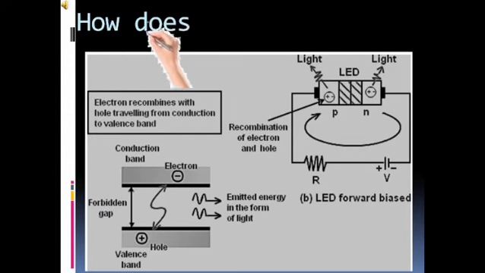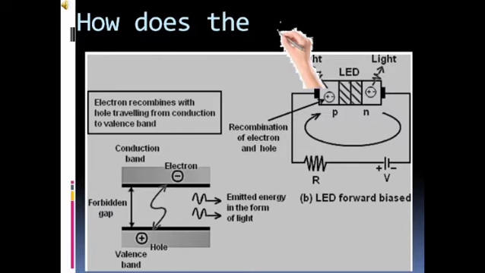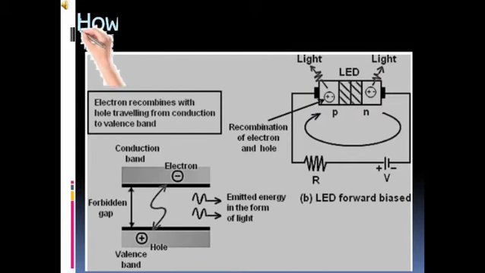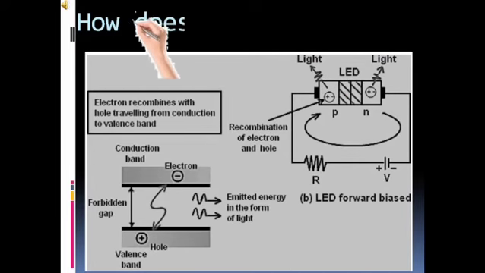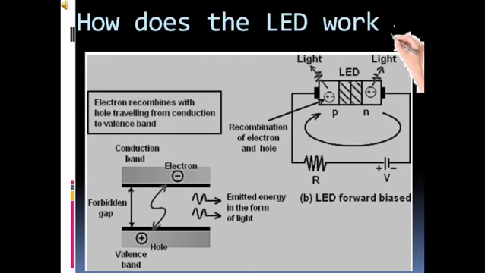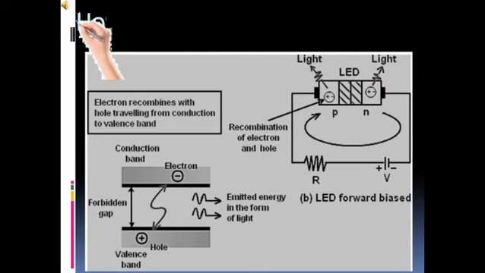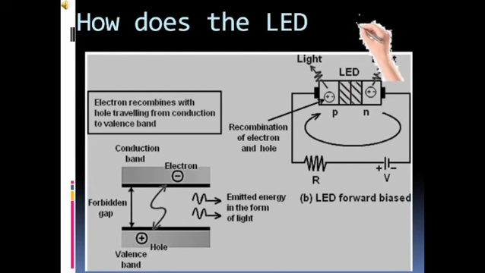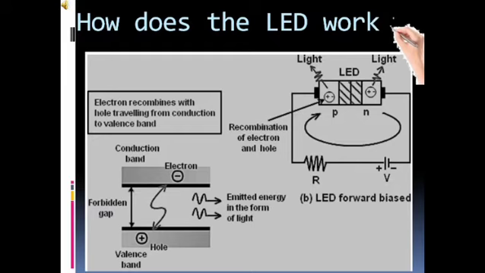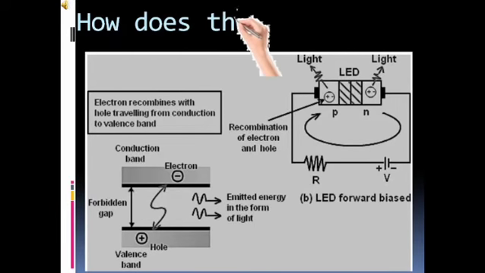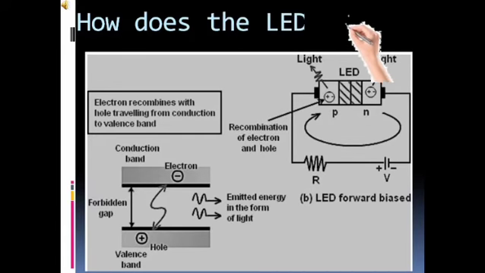So if I have to say what the working principle of LED is, it is completely based upon quantum theory, which says when the electron comes down from a higher energy level to a lower energy level, then energy is emitted in the form of photons, and the photon energy is equal to the energy gap between these two energy levels. So if the PN junction diode is in forward bias, then current flows through the diode. And the flow of current in semiconductors is caused by both the flow of holes in the opposite direction of the current and the flow of electrons in the direction of the current.